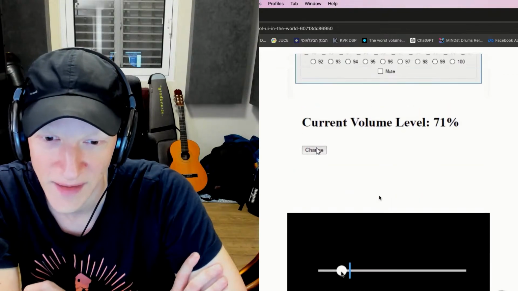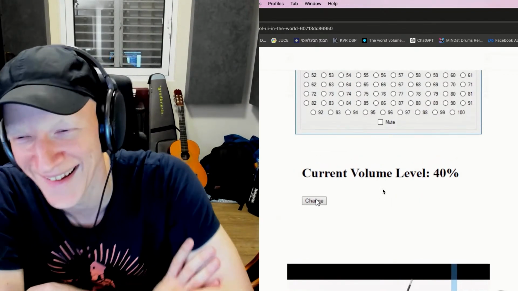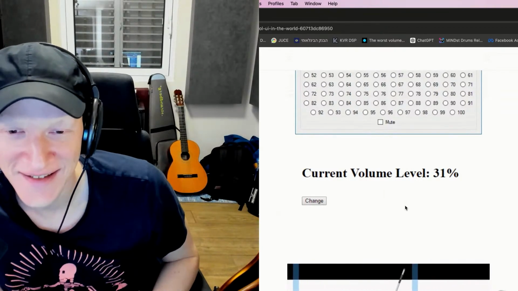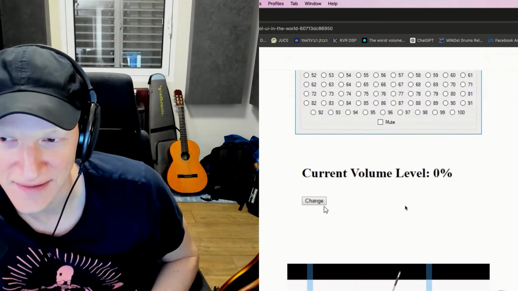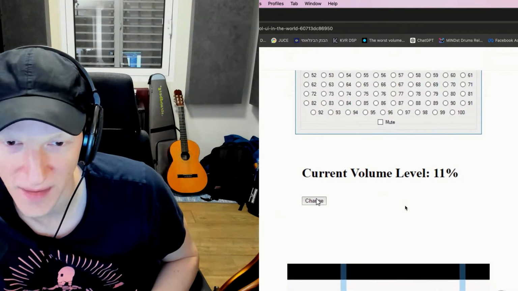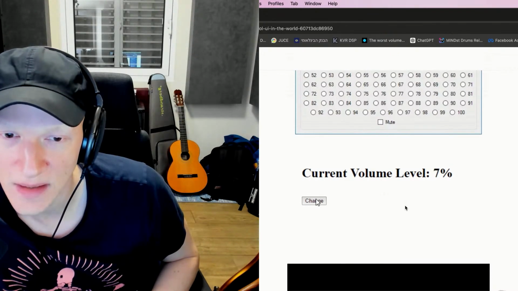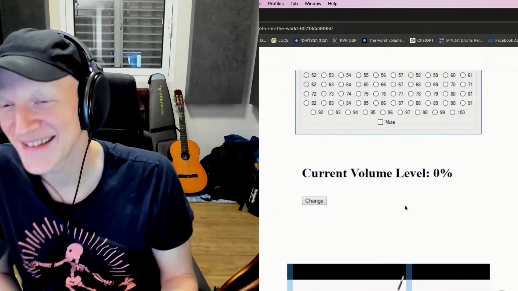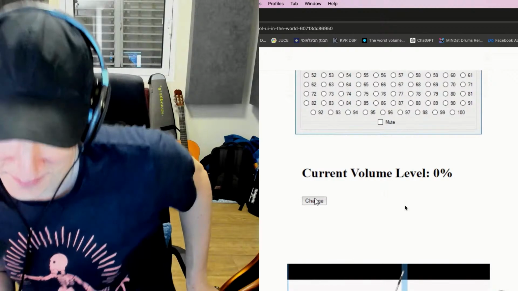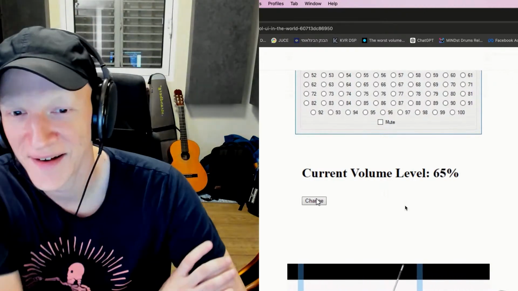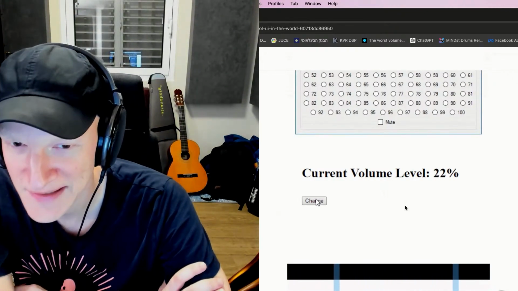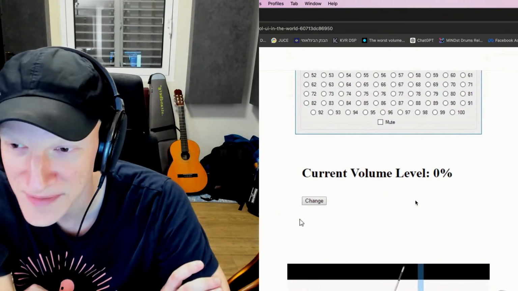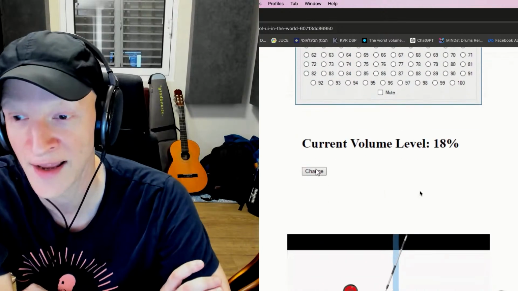Moving on. The current volume level and change. That's also, if you like to live dangerously, a fun one. I feel like this is the kind of thing where there's a product manager that says, "I want just one button. Just give me one button." That's the other way around. It's the product manager that goes too hard in the paint. Yeah, and also this is the jump scare version of volume knobs, where you click like 3 times and it goes like 8, 13, 99, and then the third one.